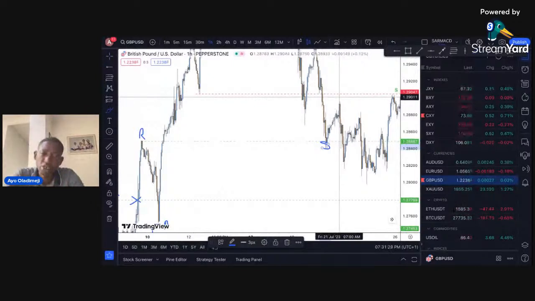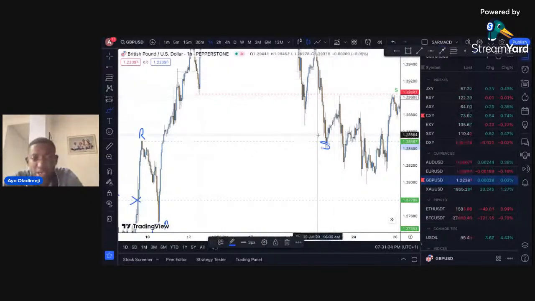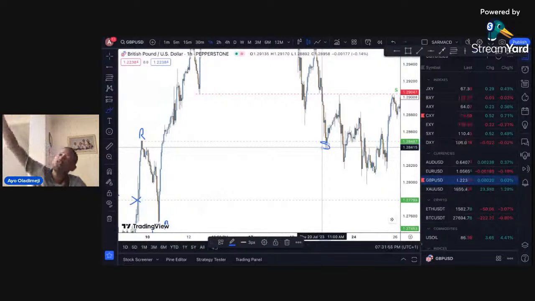It is a concept that really works, but is it 100%? You always see instances where a broken resistance does not hold as a support, or a broken support does not hold as a resistance whenever price returns to that level. But a lot of the time, you have this structure in the market, depending on whether the market is going in an uptrend or a downtrend. I just need you to understand that there is support and resistance as far as market structure is concerned, and it's a critical part of our trading.